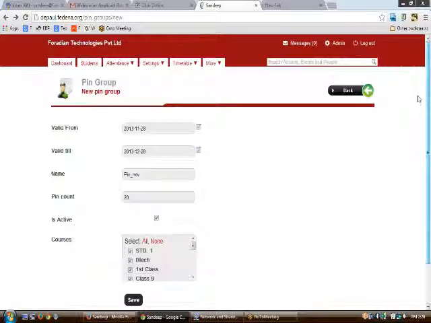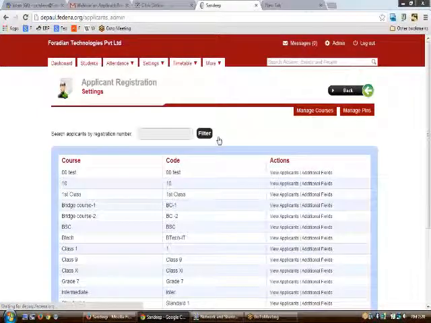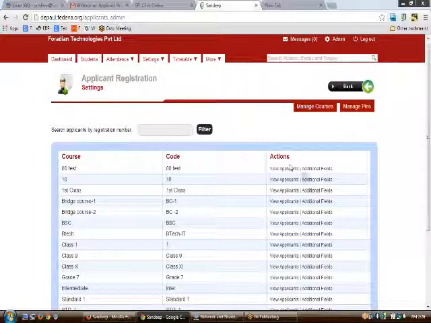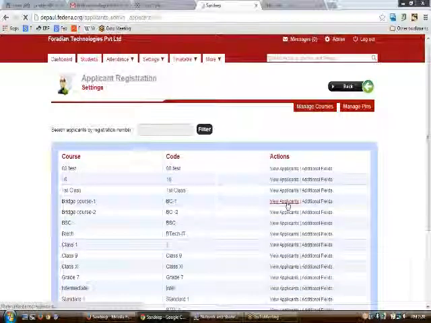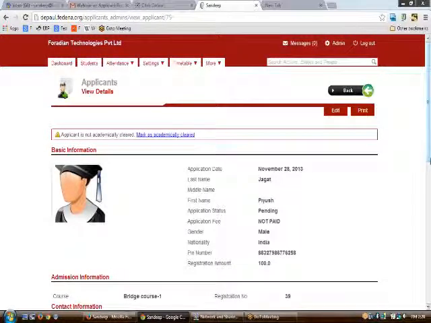Now when the admin wants to keep a track record of what all students have applied for a course, he or she can see it using this view applicants part from here. On clicking view applicants, you will be able to see a list of all the students who have applied for this, here with the name Piyush Jagat. On clicking Piyush Jagat,